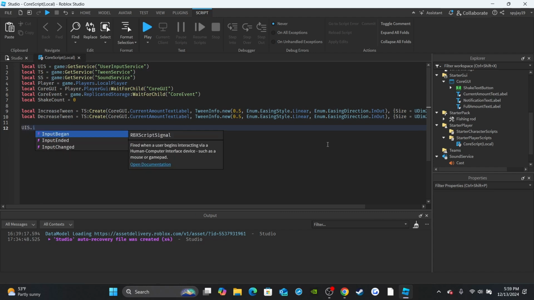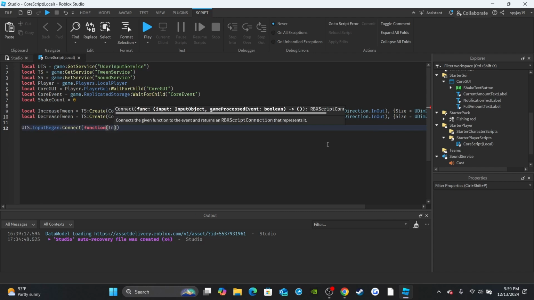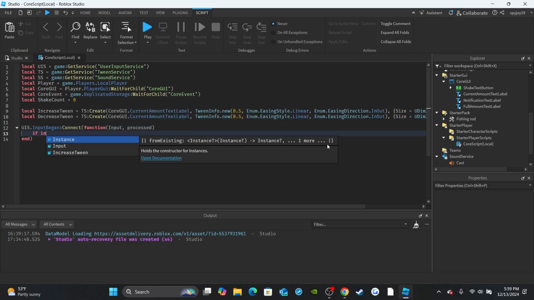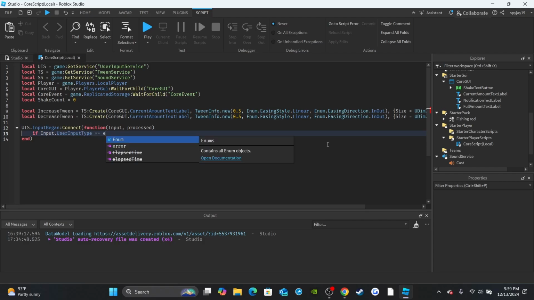So we're going to say UIS that input began, connect function, in parentheses put input, comma processed, enter. You're going to say if input dot user input type is equal to enum dot user input type dot, sorry, not keyboard, dot mouse button one. So mouse button one. This is when you're trying to cast the reel, or cast the line, whatever it's called. Mouse button one and not processed, making sure the player doesn't currently have the chat open, and not processed, and